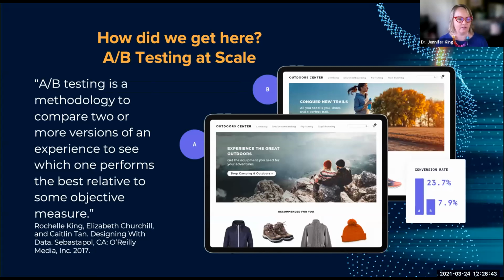How did dark patterns begin to take rise in the digital world over the last decade? One of the key factors has been what we call A/B testing and the ability to do this at scale. A/B testing is actually a very simple experimental method, and the slide gives you a visual example of this. In the web design context, you can create two UIs, and maybe they differ on one factor. They differ on the color. They differ on what images are being used. You can very tightly control the differences, put them out in front of people, and then test to see which ones drive up the metric that you're looking for.